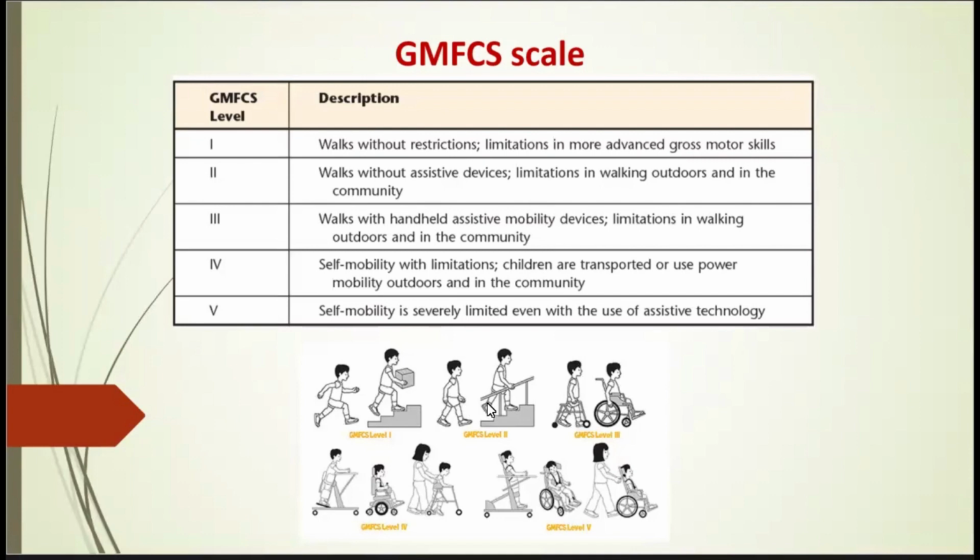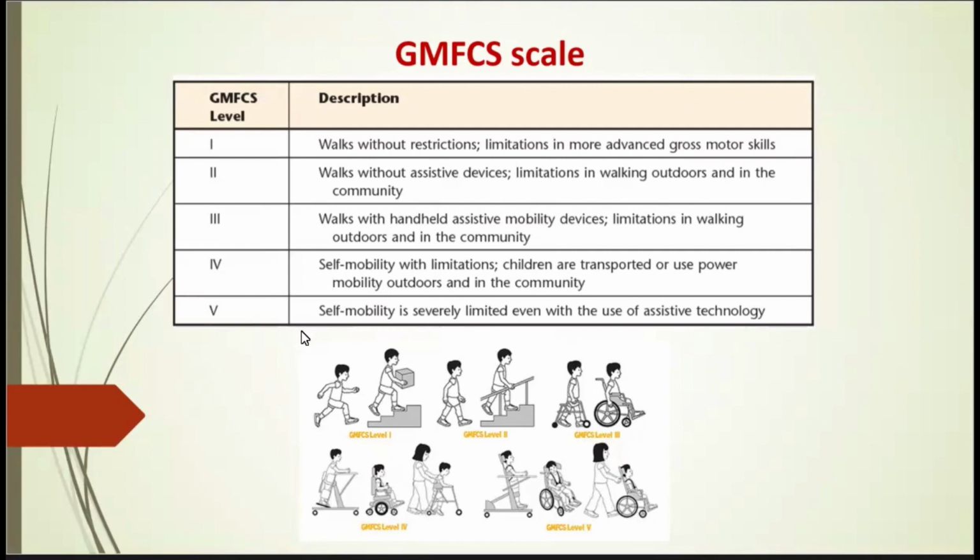In level 2, he's able to walk with assistive devices and has limited activity outdoors and in the community. In level 3, he's able to walk with handheld assistive mobility devices and has limitations in walking outdoors and in the community. As you go ahead, the severity gets worse. So in level 4, you have self mobility with limitations. Children are transported or use power mobility outside. And level 5 is the worst, where self mobility is severely limited, even with the use of assistive